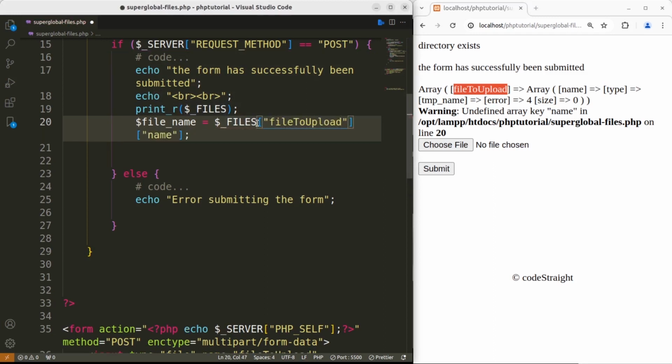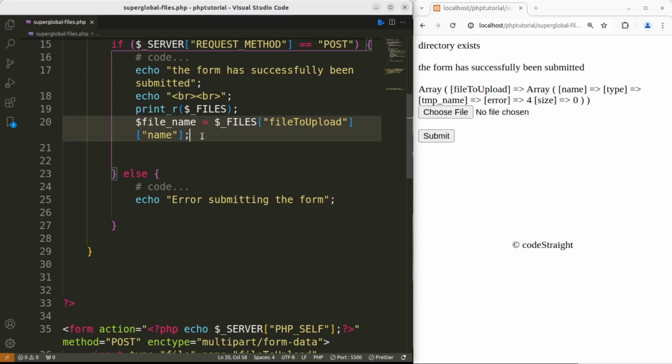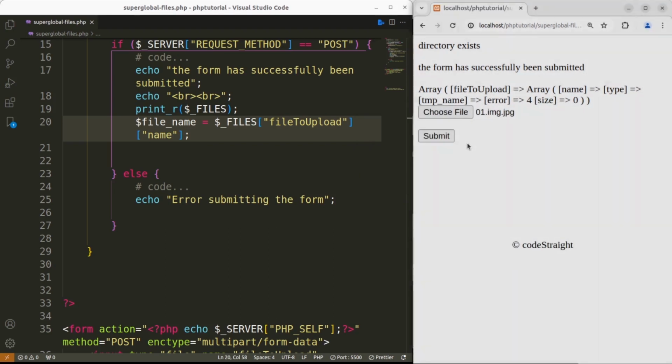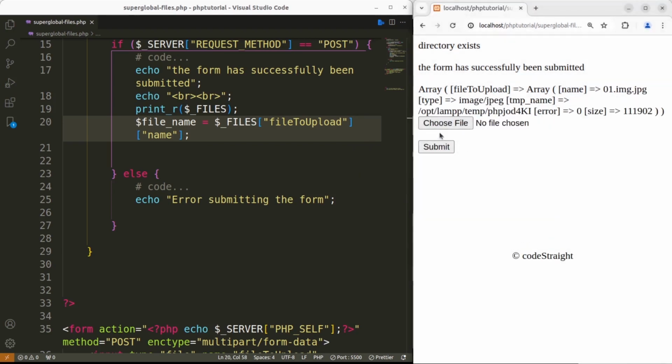So to access the information about the files you upload, you first need to specify the name of the input that you uploaded your file with, which is file to upload, and the information that you want to get about this file, which is, say, the name or type, temp name. Let's hit save and we don't get any error anymore. Now let's choose a file which is 01.image and let's hit submit, and now let's comment this line out